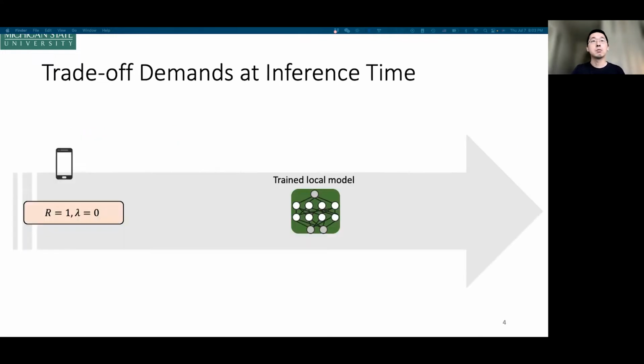So in practice, when a client wants to train a model, it will train one by specifying the parameters in advance. For example, a mobile phone will get a model by specifying a full width model. Here we assume this model is of width 100%. And meanwhile, it may assume this model to be non-robust by specifying lambda to be 0. Therefore, we get a constant, static local model for this device.